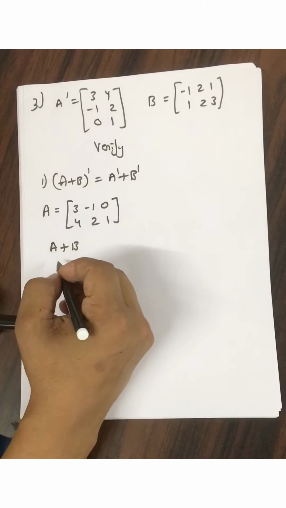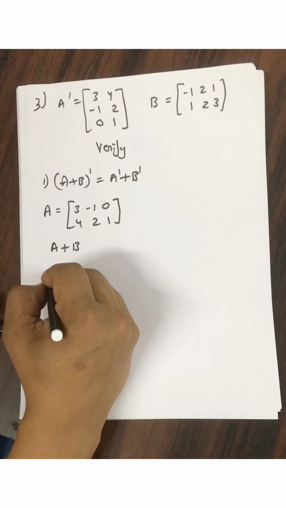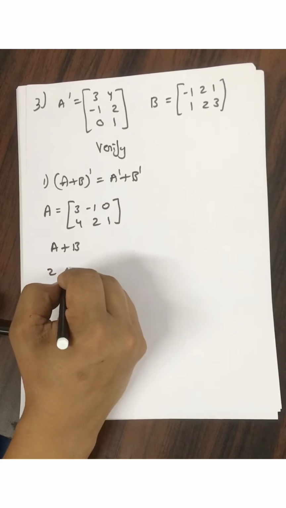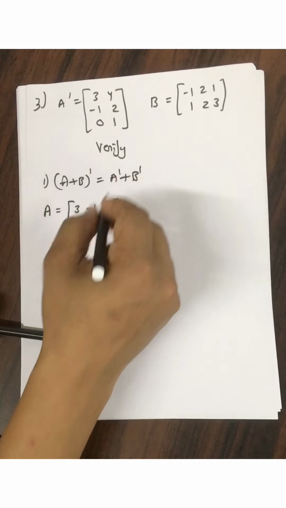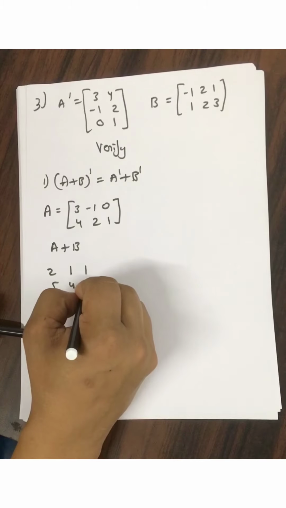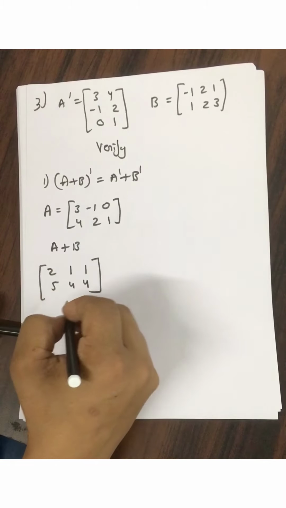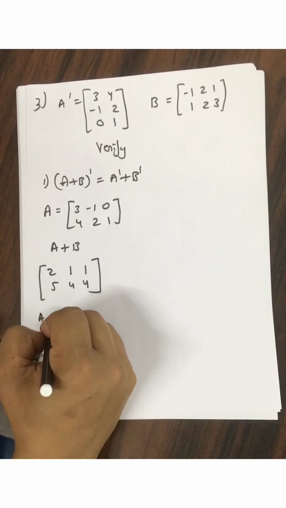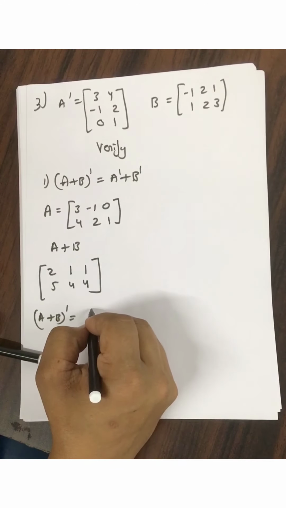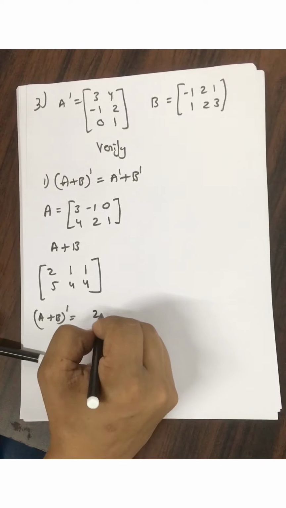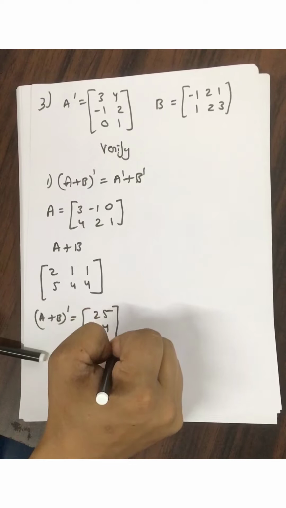A plus B will be what? We add both this and that, so this will be 3 minus 1, how much? 2 1 1, and this will be 5, and this 2 plus 2 4, and 3 plus 1 4, yes, this is A plus B. And now A plus B transpose will be, in transpose 2 5 1 4 1 4, so this is left hand side. Okay,